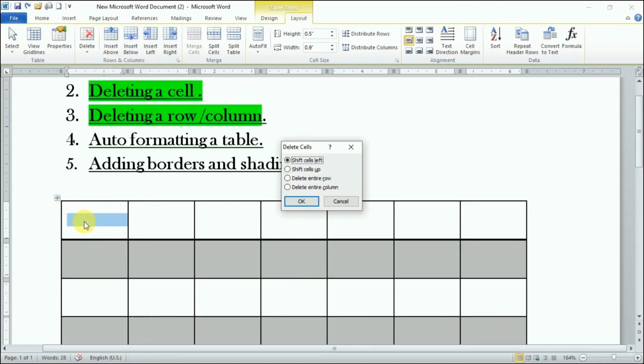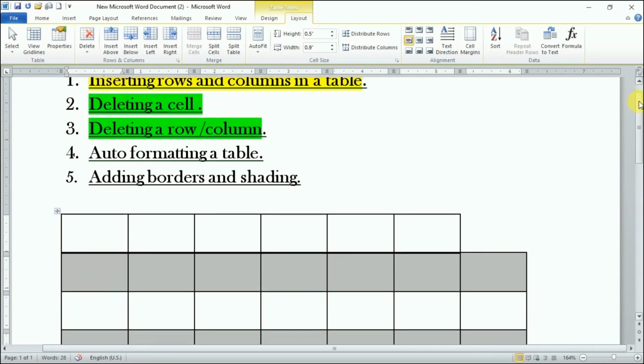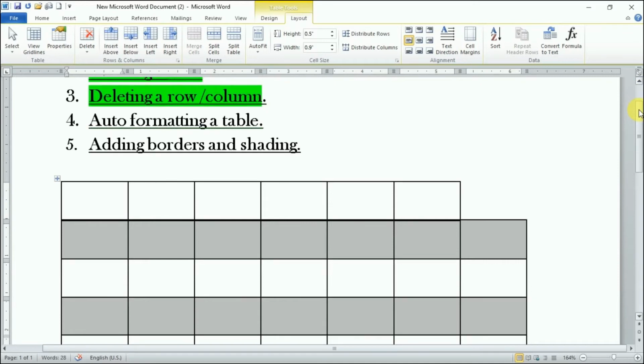Once this cell is deleted, how do I want to make it look? If I choose the first option, shift cells left, this will happen, right? After deleting, all the cells were shifted to the left side. So this is how delete cells works.